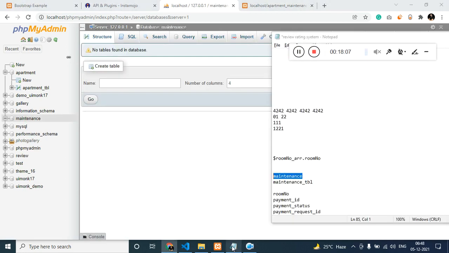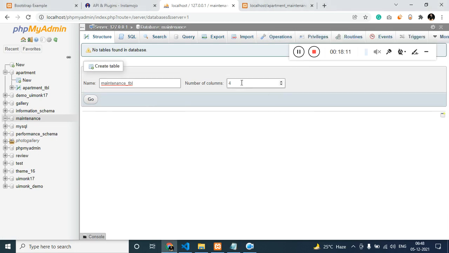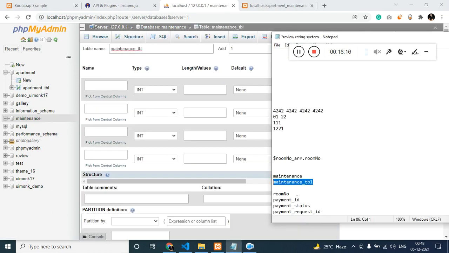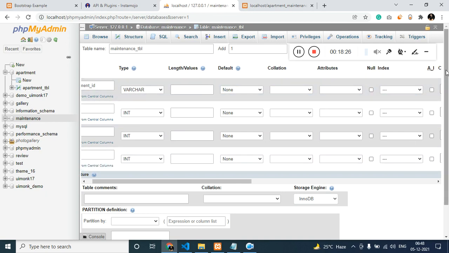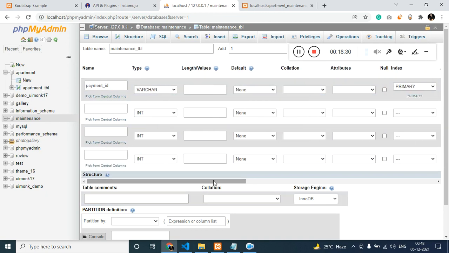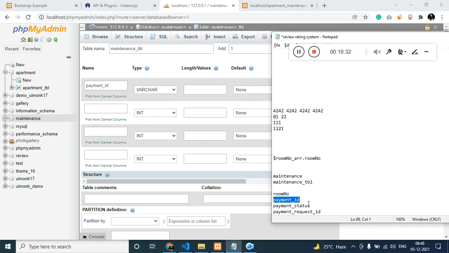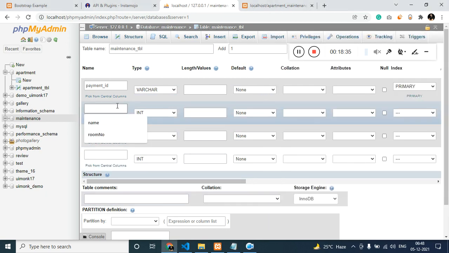and the table, and the column name is going to be 4. Column is going to be 4. Payment ID, let this be varchar auto increment. You can make this as primary key for now. Then we have room number, which is going to be int,